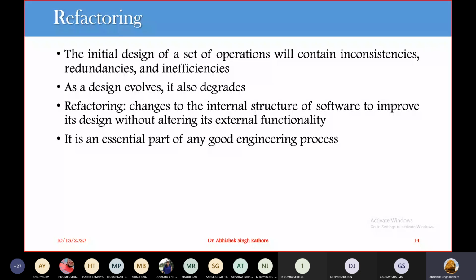In the final class design, we make lots of efforts to find out what the good operations are, what the good classes are, and how we can associate operations with your classes. So the initial design contains a set of operations that are inconsistent, inefficient, and redundant, and this is natural because it is impossible for us to get a large design